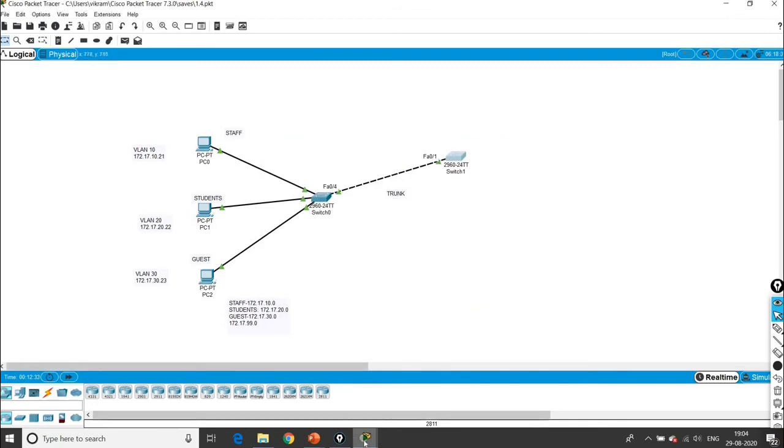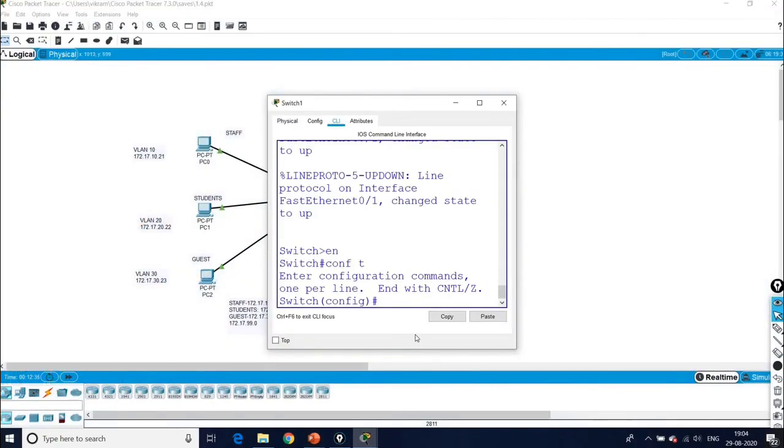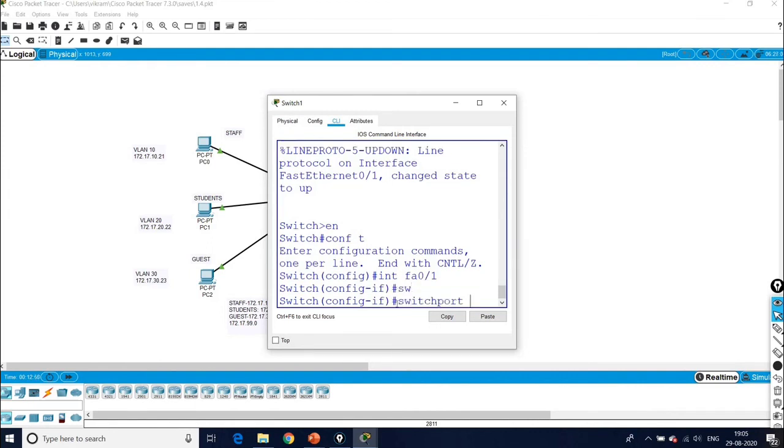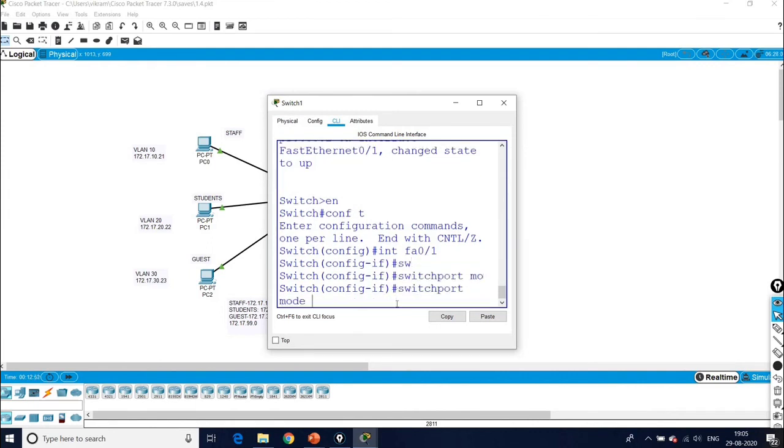FA 0/1. Okay. Interface FA 0/1, FastEthernet. Okay. Switchport mode trunk.